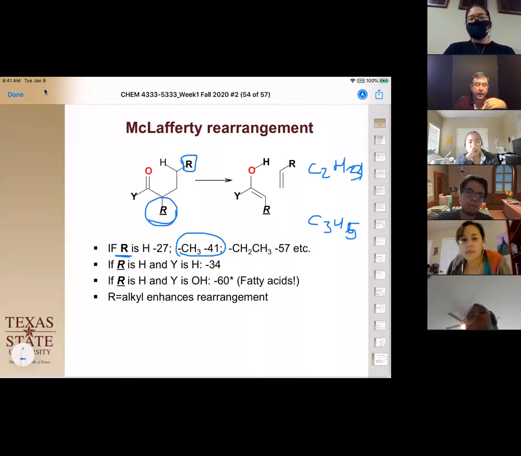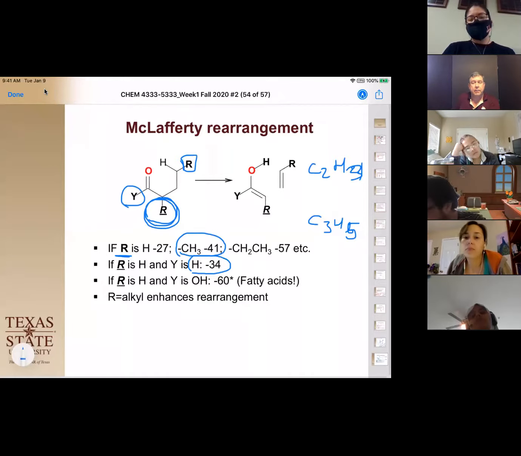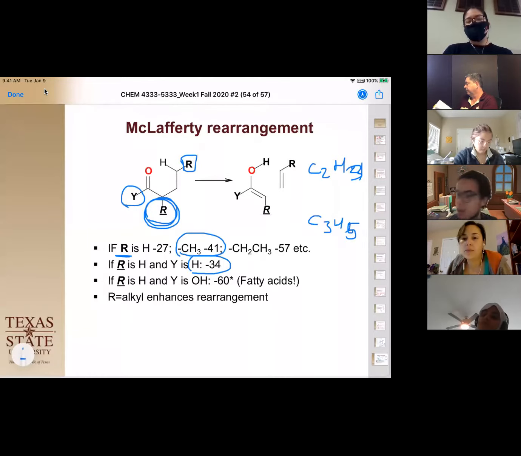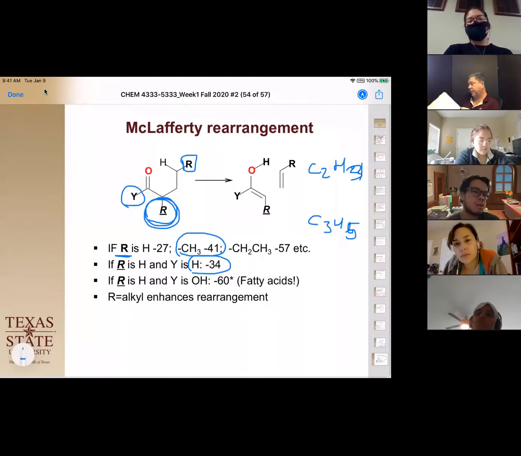If we have a fragment where this group is a hydrogen or a halide, and this group is a hydrogen, we're actually going to have a fragment come off at 34, okay? So what does that mean? Well, if we look at our table here for our fragment that's 34, common fragment that's 34,